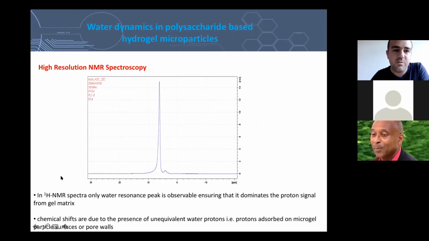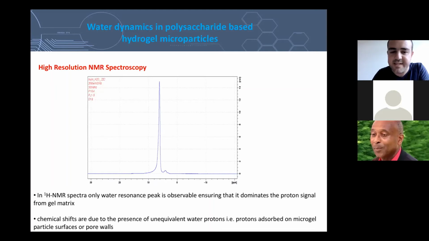And of course, we performed NMR measurements. As the first step, we collected the high resolution NMR spectra. Here you see the proton NMR spectra collected at 300 megahertz. Here the x-axis, the frequency axis, is not calibrated, but one can say that we are seeing the water peak, and this also shows that the dominant signal is coming from the water inside the particles, and we do not see any signal from the